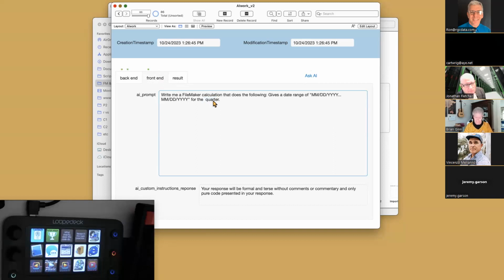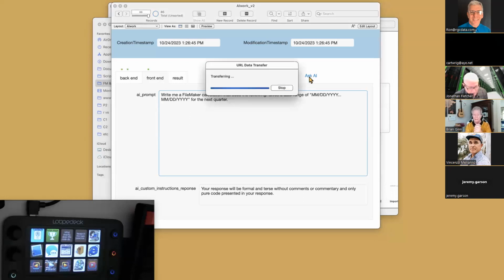I literally had AI do this for me about 3 months ago, because I had to put all these buttons in that did all this for the salespeople, so they could get their numbers for last quarter, this quarter, next quarter. And I just had AI write it all. And as long as the calculation worked and I could confirm it by skimming over it, I was a happy guy.